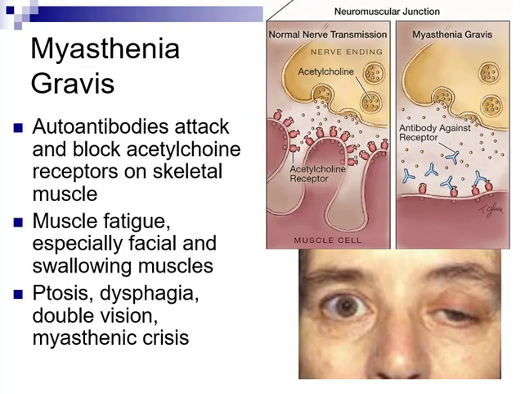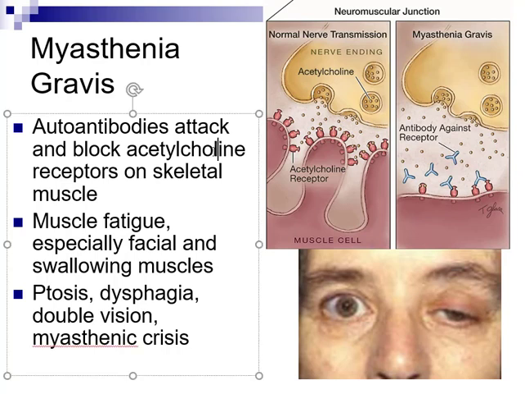Myasthenia gravis is when the antibodies that the body creates actually block the acetylcholine receptors on skeletal muscles. So if the acetylcholine cannot attach to the skeletal muscle receptors, we don't get a lot of muscular contraction. So you can see things like muscle fatigue, swallowing difficulties, ptosis, which is this eyelid drooping here,